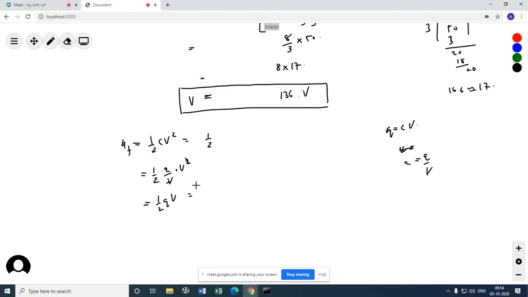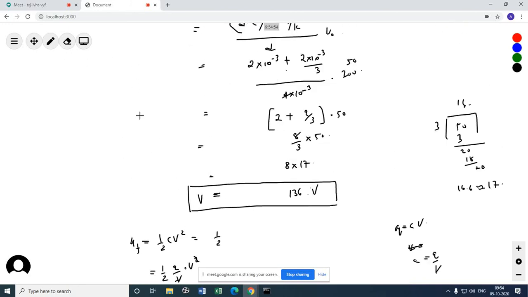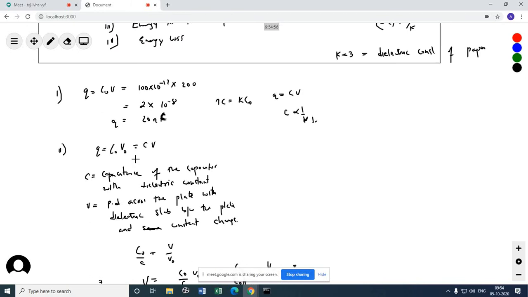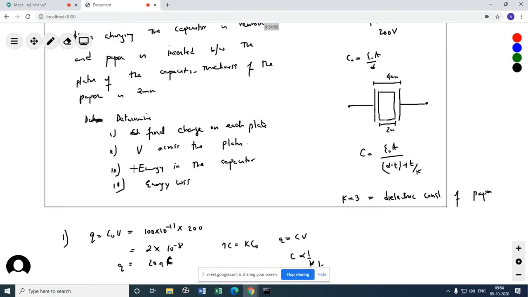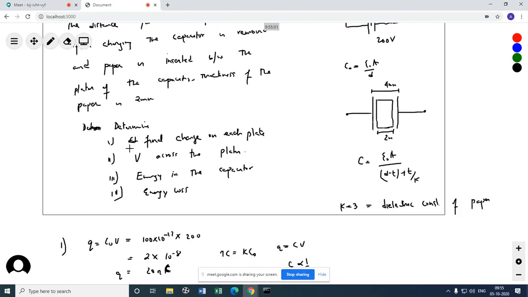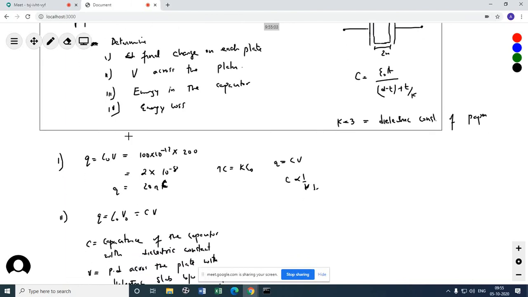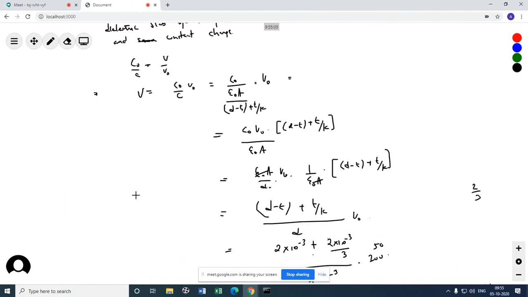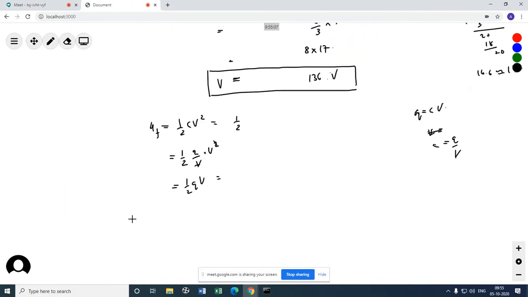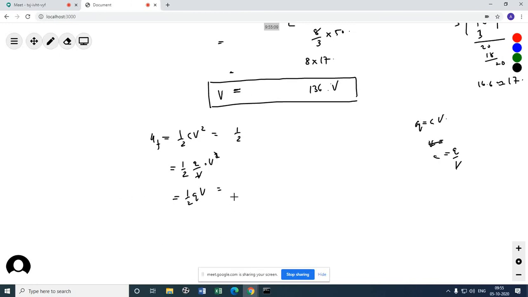So Q will remain the same. How much was the charge? How much did I give you? Oh, capacitance is already there. 20 nanocoulomb. So let us put the 20 nanocoulomb. Charge will remain the same. This C is not C naught, that is C naught, which is 100 picofarad. This is the capacitance when you put the dielectric inside it.